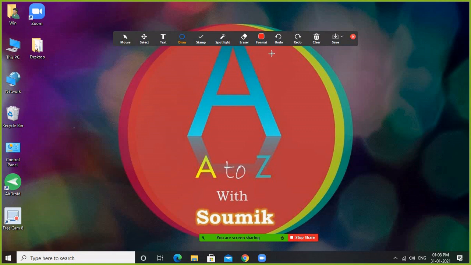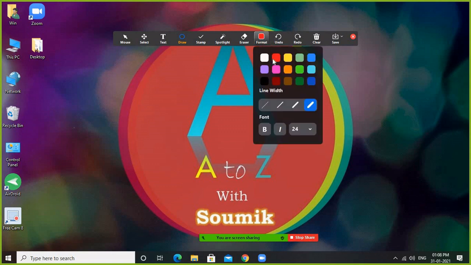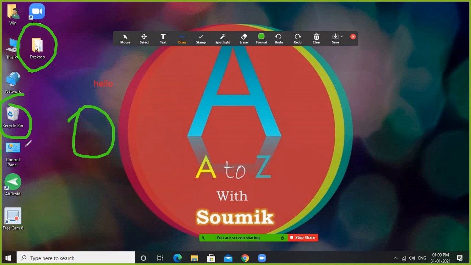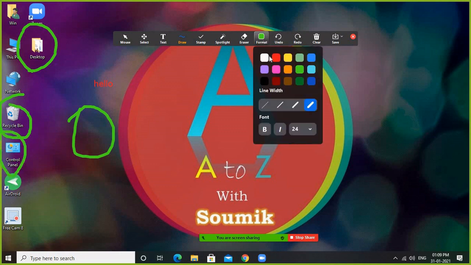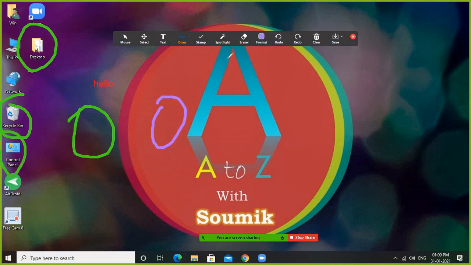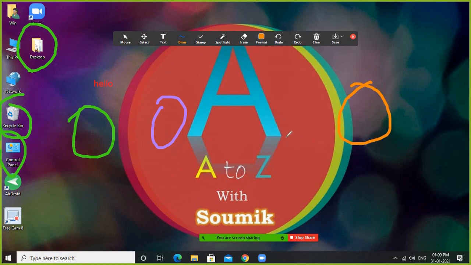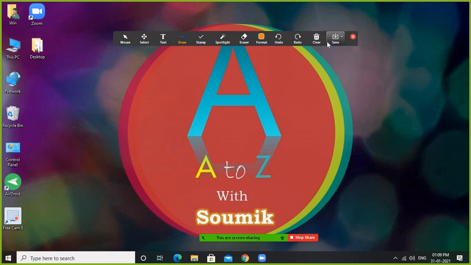If you want to select a pen color, like green, click green and write hello. Yes, look, it is green, correct. Why is it green? Because I selected green. If I want pink, or suppose yellow, got the point. If I want to delete this, clear all, got the point.